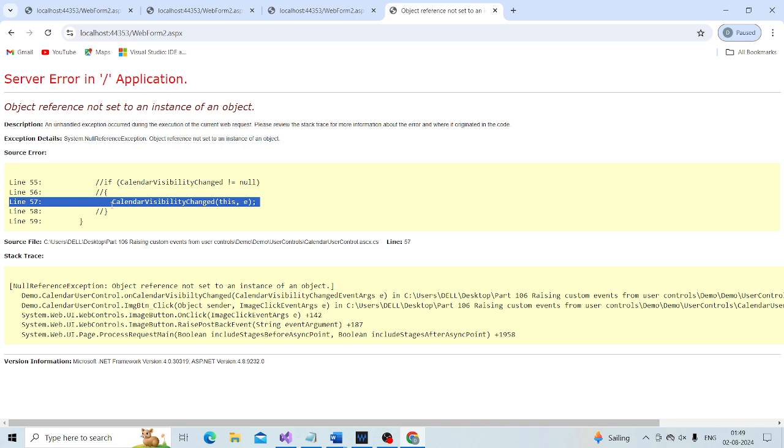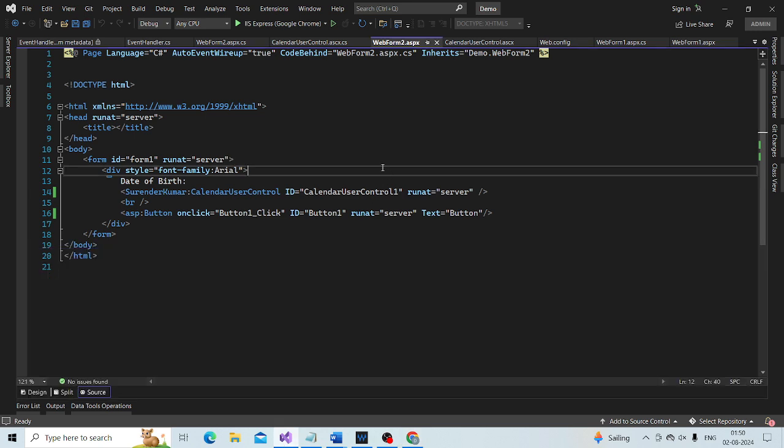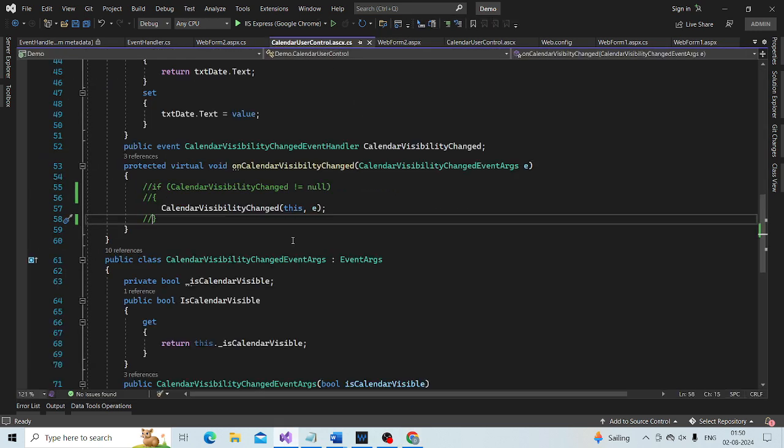It is always good practice to avoid this runtime exception. Throwing it does not make any sense. If there is no event handler method, nothing should happen. You don't want to throw a null reference exception. How can we avoid that? By checking for null. That is why the null check is very helpful.